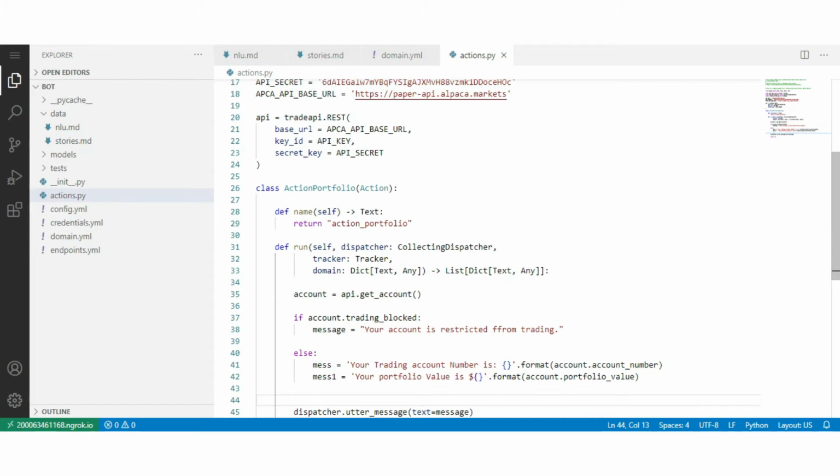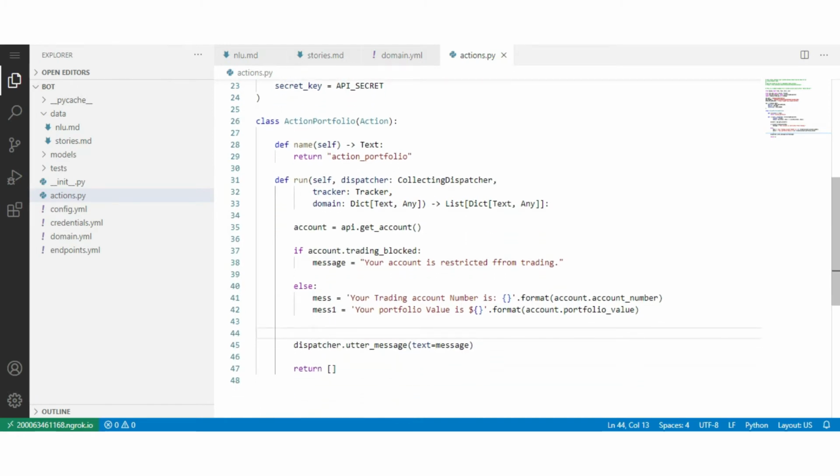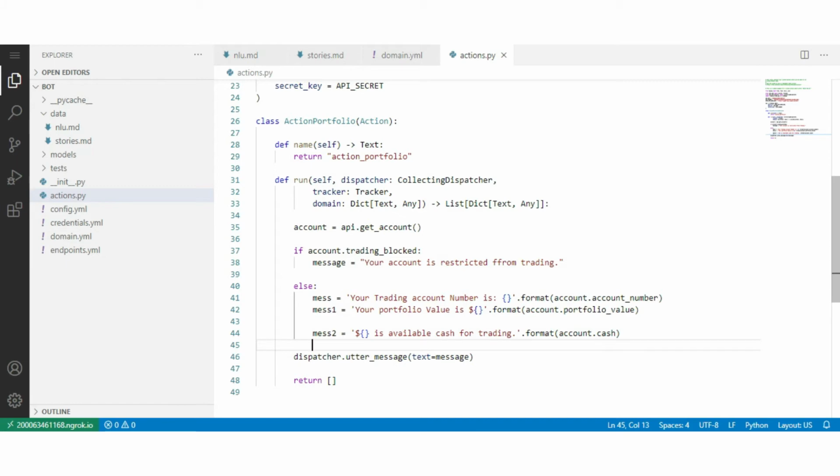Another important parameter that the user wants to know is the cash available for trading. Type. We also have to give information about the available buying power.